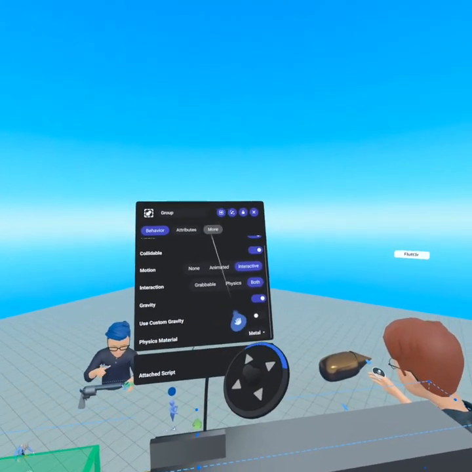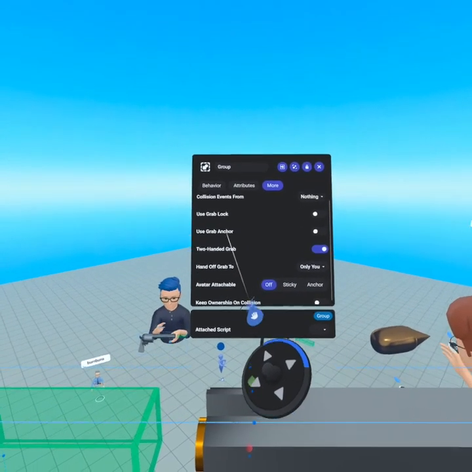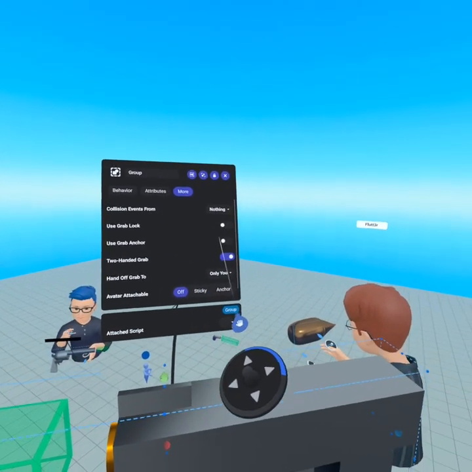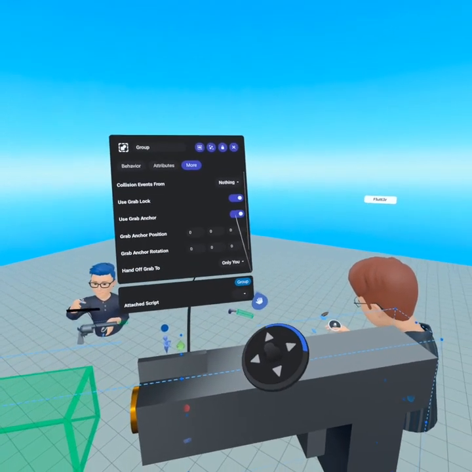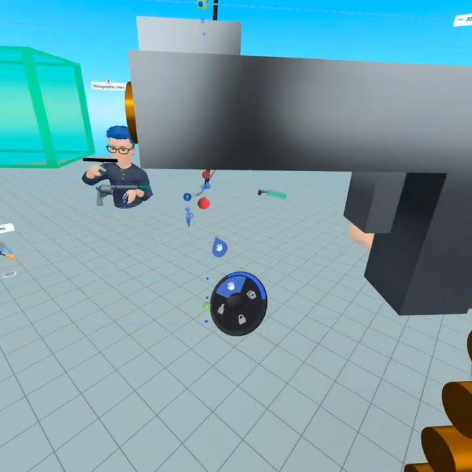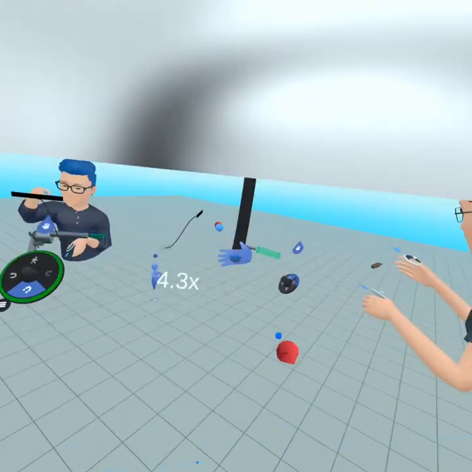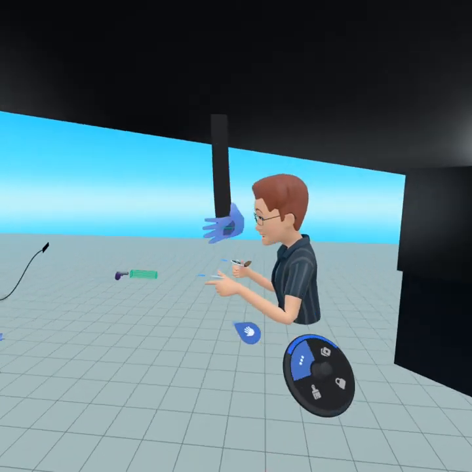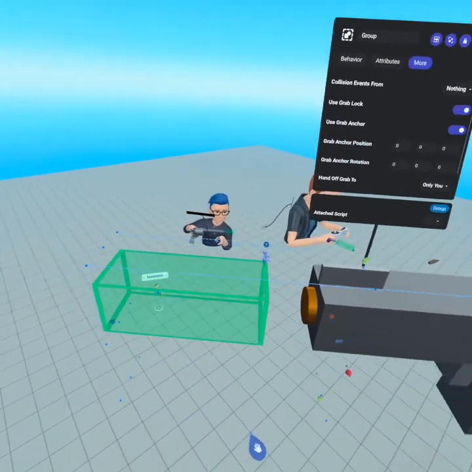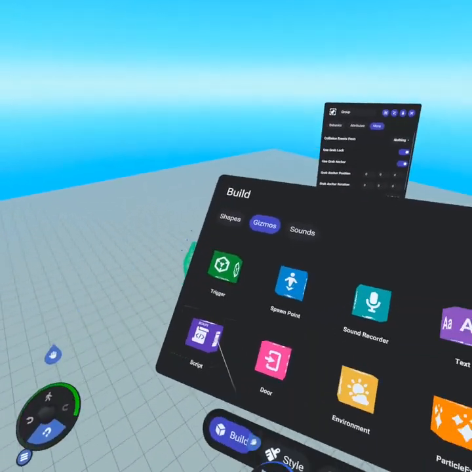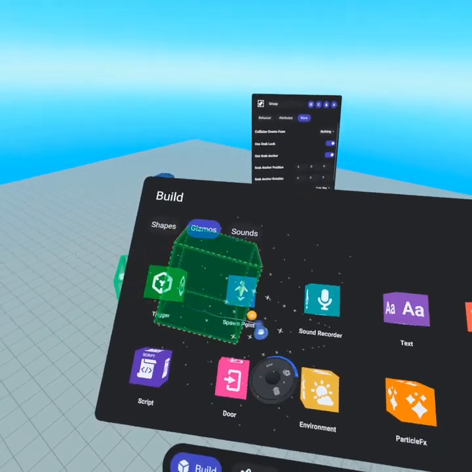Awesome. And then if we go to our More tab, you'll see Grab Anchor. So let's also use Grab Lock so that way you don't have to keep holding on to it. And we'll use Grab Anchor. And then once we have Grab Anchor set up, you'll see this little hand icon appear. And what you'll also note is this grab anchor is pointing forward, which means this trigger is positioned forward in the right direction. To do that, what I've done is I've gone into my gizmos, I've pulled out my trigger,